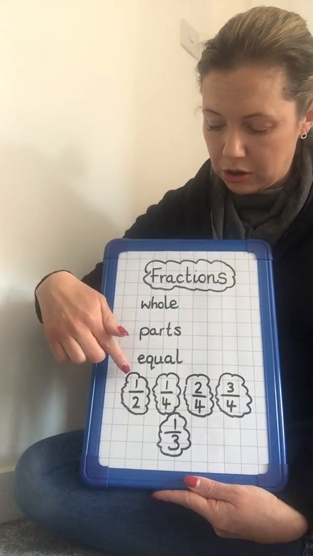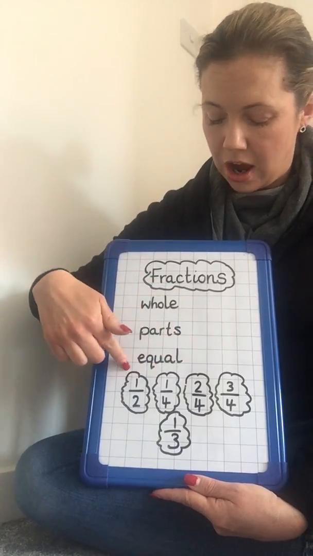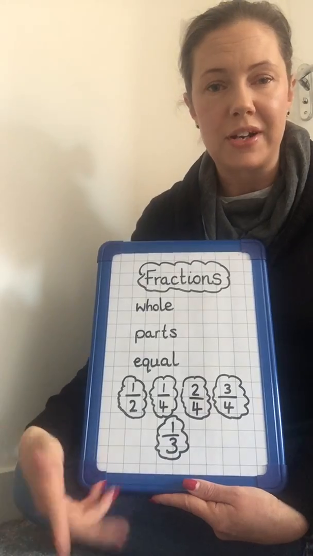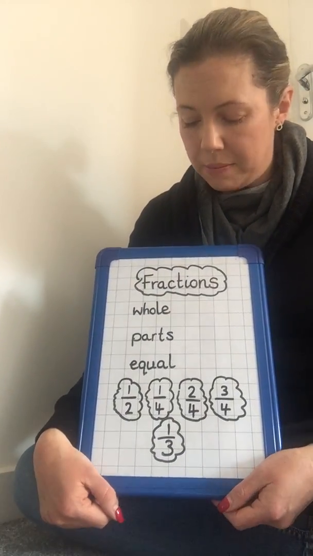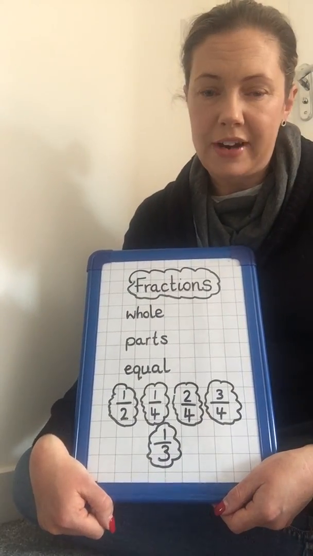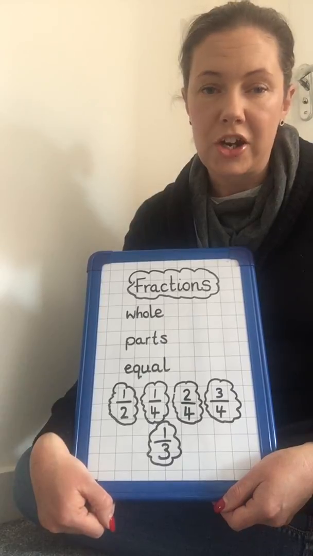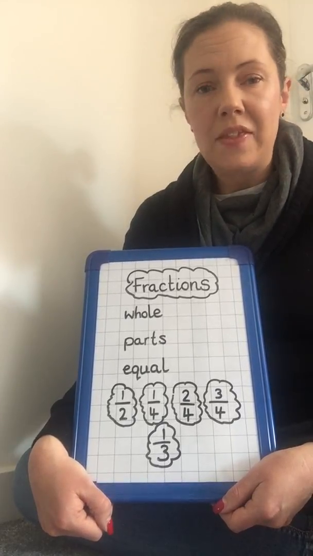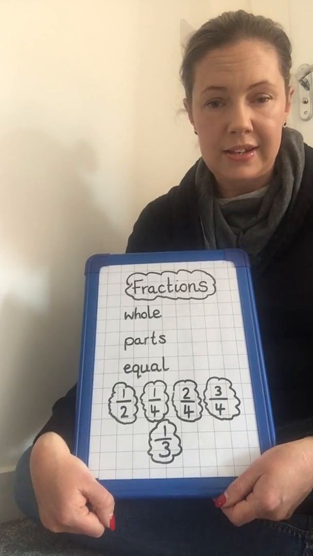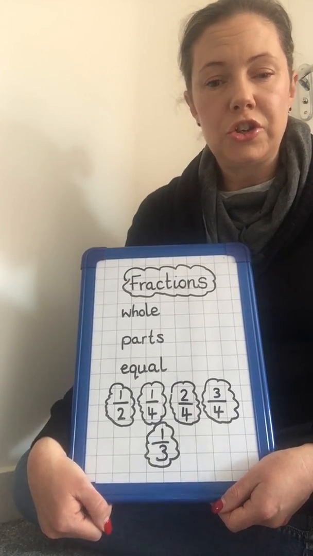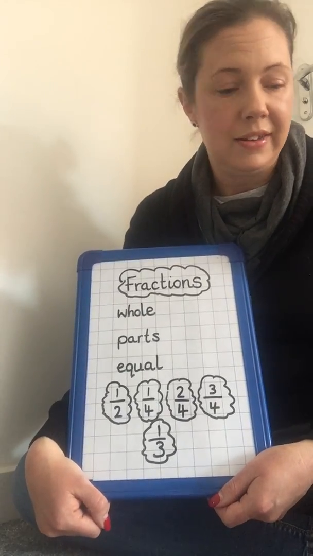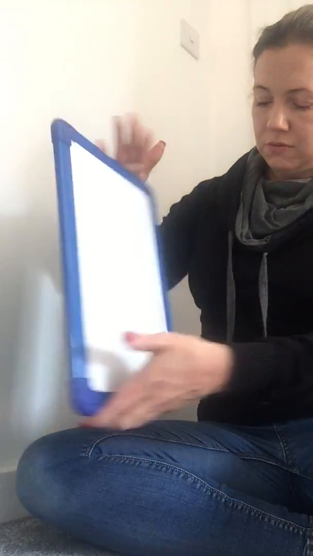The children will also look at the fact that a half and 2 quarters is an equivalent fraction through practical exploration. So the children have done practical exploration with fractions, finding amounts, and with shapes, and then they moved on to jottings. And so I'm just going to show you the jottings and set the children a challenge to see if they remember what they learnt. So if I turn this round,